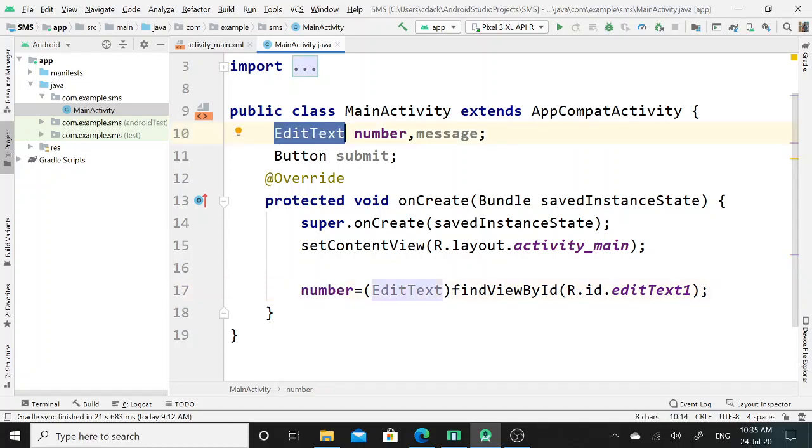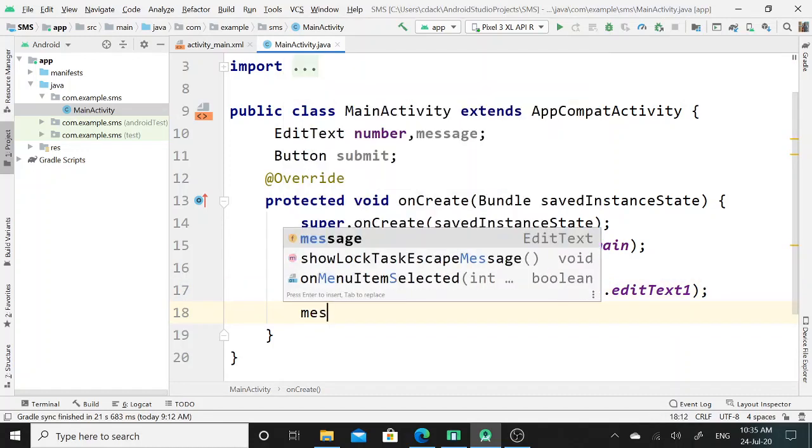Since this ID is present in integer format, and this is a reference of the EditText class, I have applied typecasting methodology so that this integer value will get assigned to the reference of the EditText class.